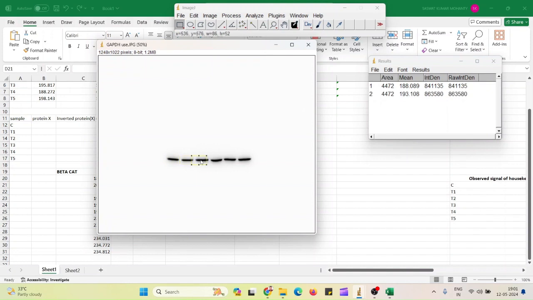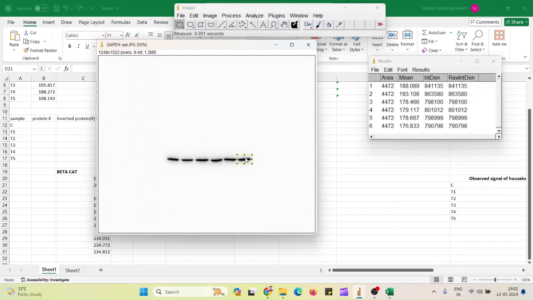Whenever you do a Western blot, try to get a clear image. To get a clear image, I am going to upload next week a video on how to do Western blot, a complete hands-on workshop video, where I teach a standardized protocol for each and every process, from protein expression till the development of bands. So we'll get a clear image of each and every band. As you can see, in this GAPDH there is no background, only bands.